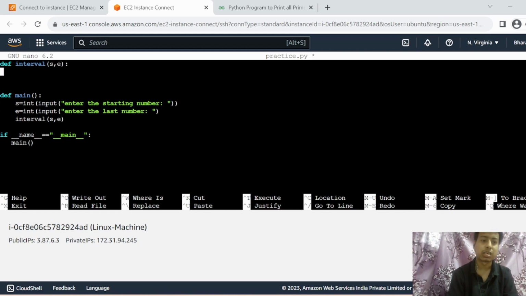Now do what? Now loop through each number from s to e. But before that, we want to assure that s should be greater than 1 and e should be greater than 1. Why? Because a prime number is greater than 1. So the smallest prime number is 2. So we can say